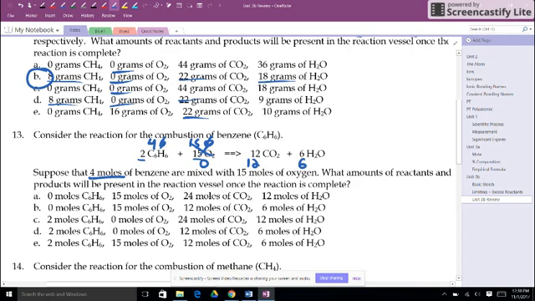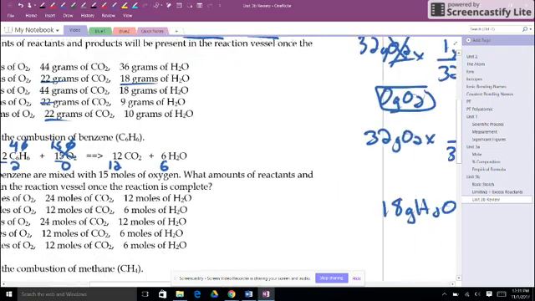Now since I only needed 2 moles of benzene and I had 4, I guess I'm going to have 2 moles of that benzene left over. So I guess we have 2, 0, 12, and 6, which is that choice D there. Now again, mathematically,